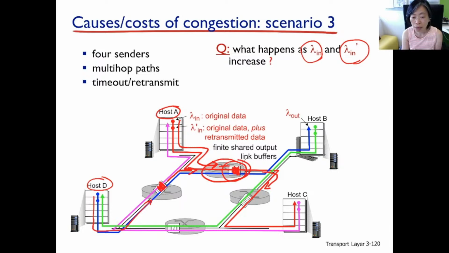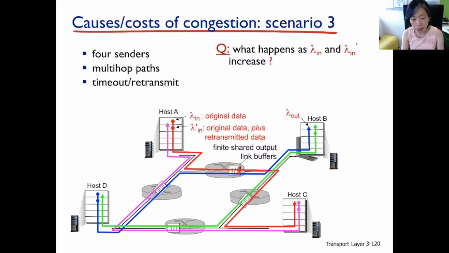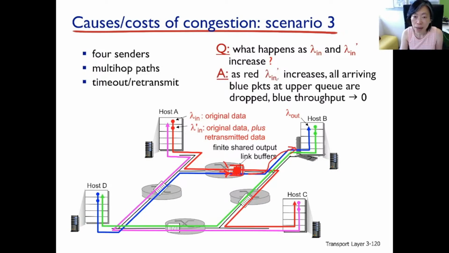And the blue packet will be coming in to compete with the red packet that is already occupying most of the buffer space. So this is already pretty full when the blue packet just arrived. And as lambda increases as well, as they both approach a half of R, you see this. The buffer space is going to be very full and quickly. Red packets will be dropped, but blue packets, what? Will be dropped even more because very few of these blue packets get into the queue and have a chance to go out, finally reaching B. So as lambda in prime increases, the arriving blue packets at the upper queue here, most of them get dropped, and therefore the throughput is very small.